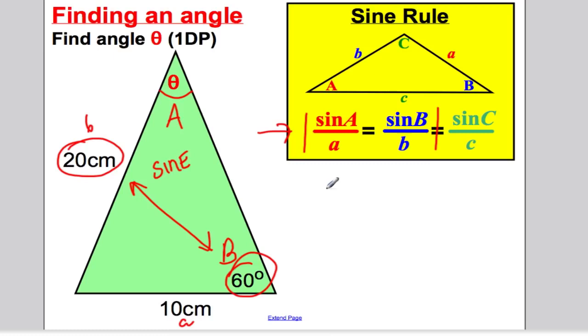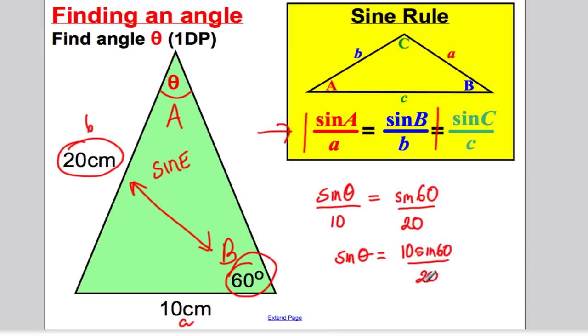We would therefore say that sine of the angle divided by 10 must equal sine of this angle, sine 60, divided by 20. We want to find the angle, so let's first of all multiply by 10 to remove this divide by 10 here. So sine of the angle, if we multiply both sides by 10, I would get